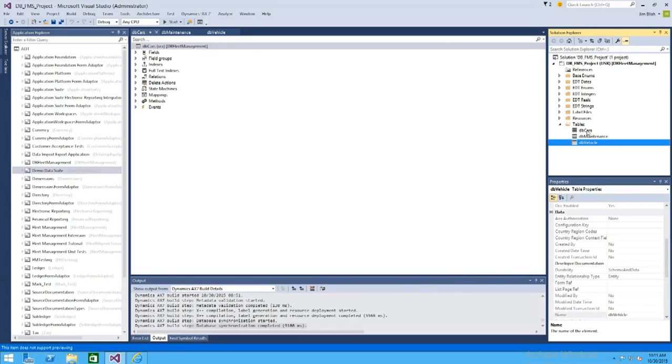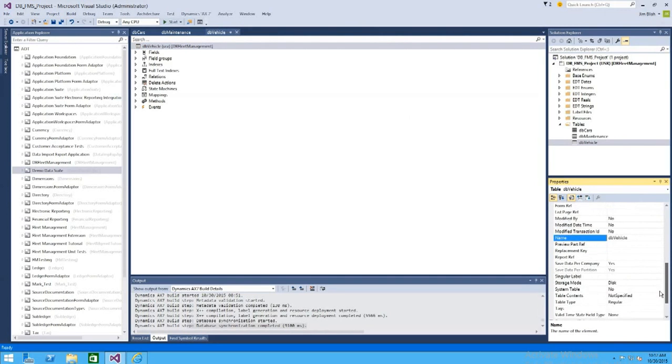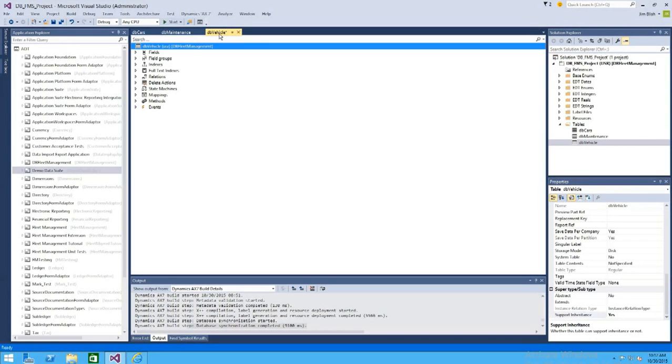In order to set this up, what we first have to do is open up these tables in the Element Designer. So I'm going to go to my DB vehicle table, and if I scroll down to the bottom in the Properties window, there's a group called SuperType Subtype and a property called Support Inheritance. I need to change this to yes on both the base table, which is the DB vehicle table, and the derived table or the child table that is inheriting the traits. So I'll flip that to yes on DB vehicle. I'll save it. I'll go to my newly created DB cars table,